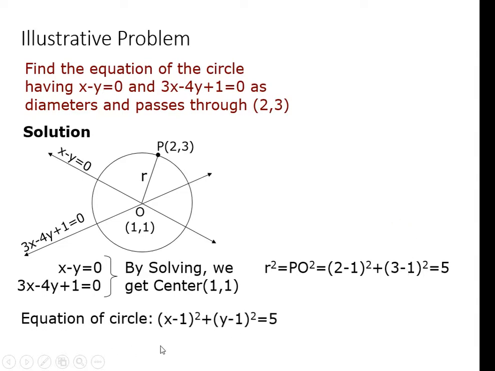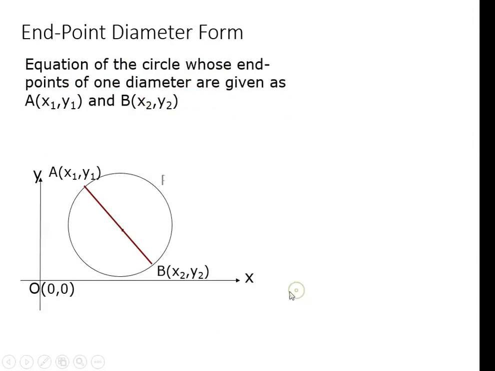So now the equation of the circle is (x minus 1) squared plus (y minus 1) squared is equal to 5. Another is the equation in end point diameter form. The equation of a circle whose end points of one diameter are given as A(x1, y1) and B(x2, y2). This is diametral form. So A(x1, y1) and B(x2, y2) is very clear in this figure, and let